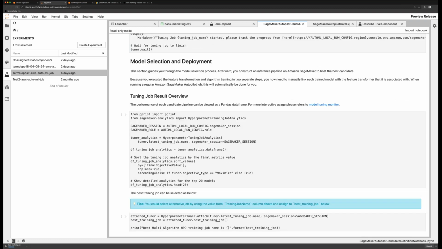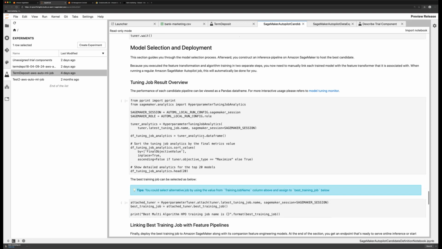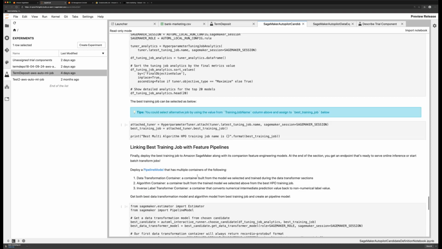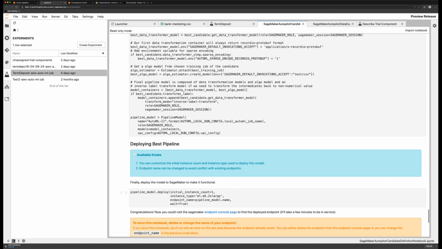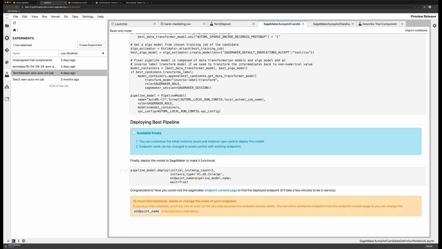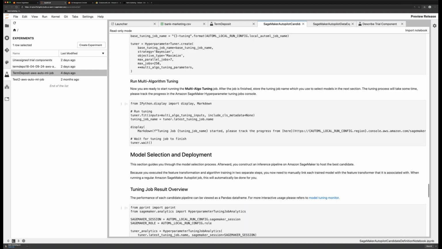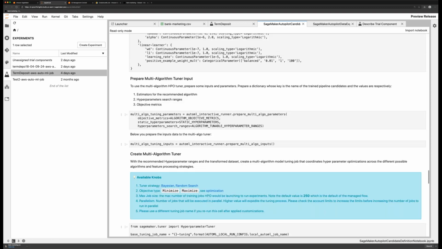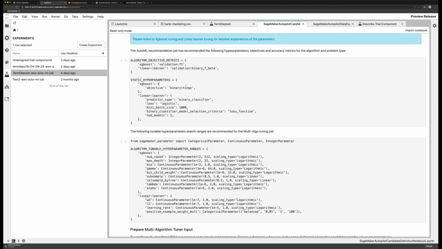So this is the final step, where the best multi-algorithm hyperparameter optimization training job is selected. You basically grab that, and then you deploy the best pipeline. And this pipeline is what is going to be exposed as the inferencing endpoint. Now, the beauty of this is you can actually modify this at any point, right? All of this is well documented, and if you're an experienced data scientist, you precisely know how to deal with